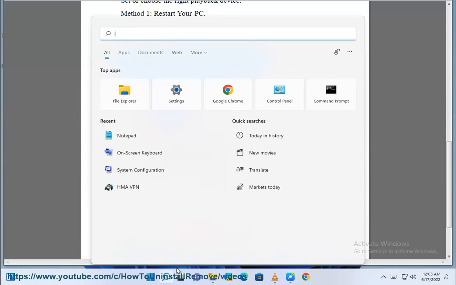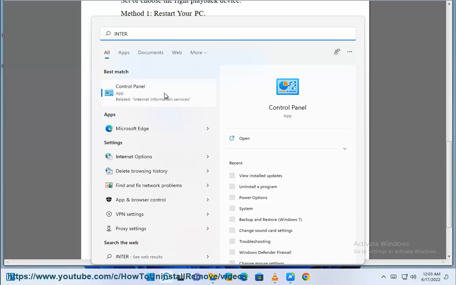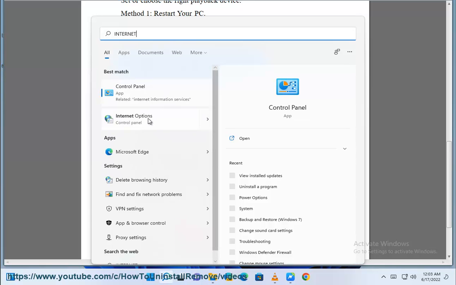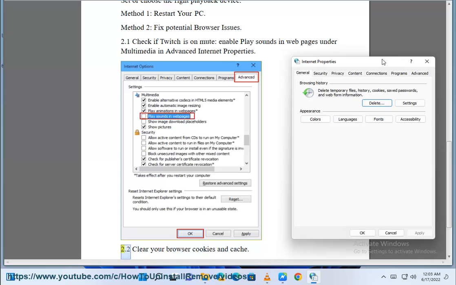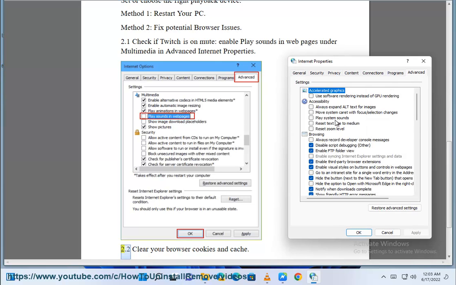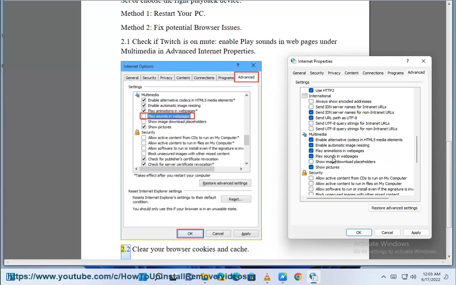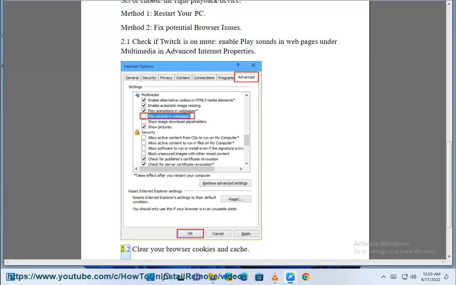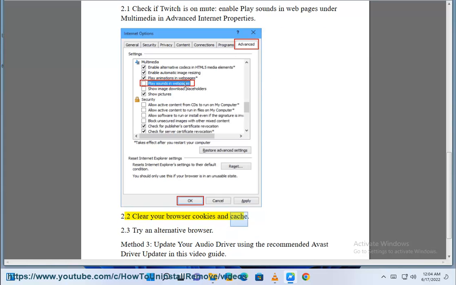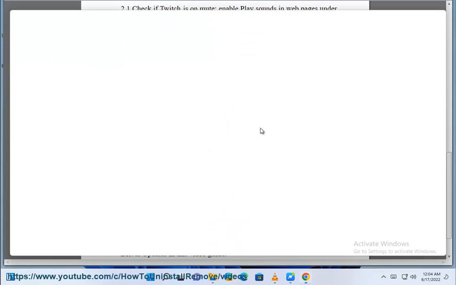2.2 Clear your browser cookies and cache. 2.3 Try an alternative